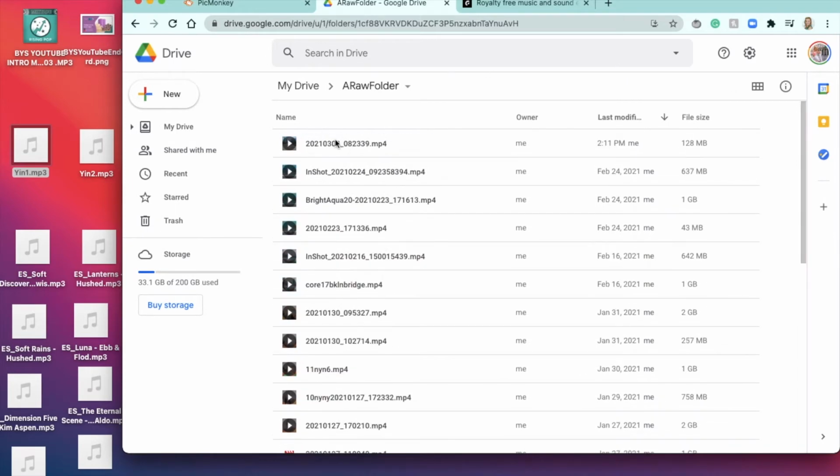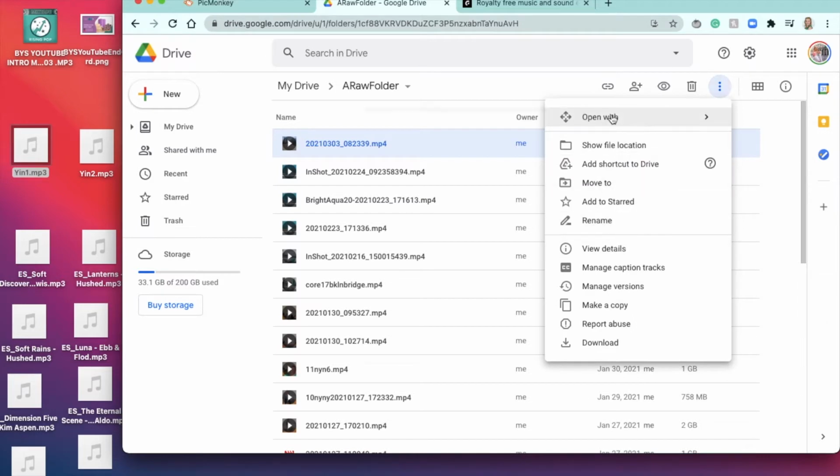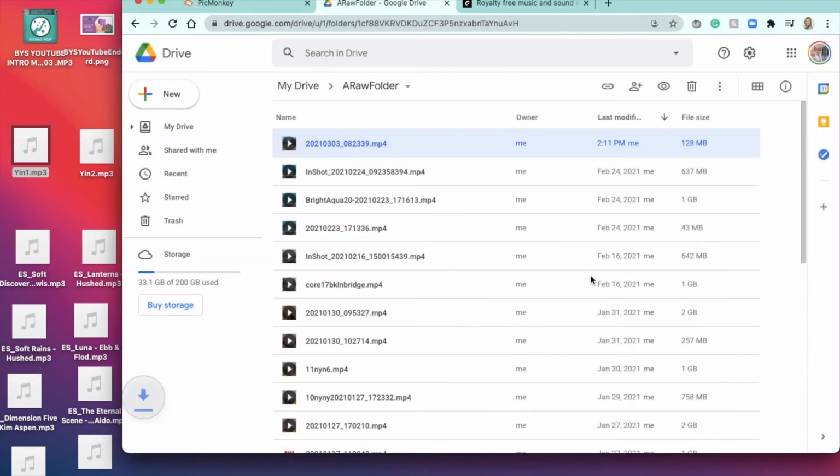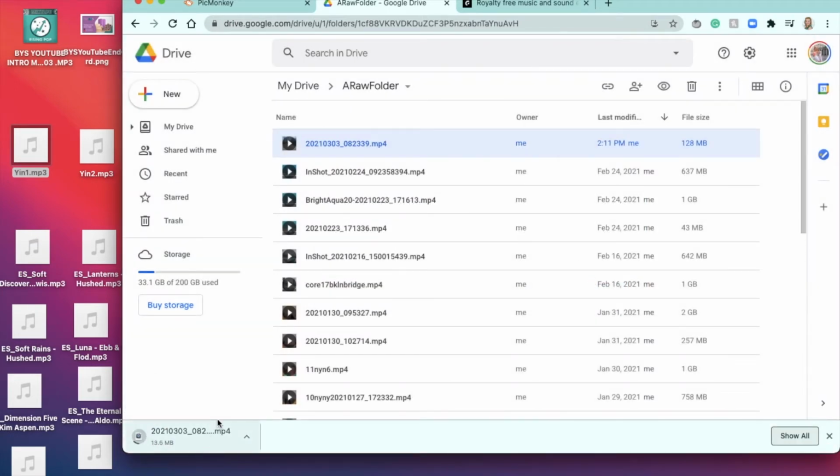So I upload this from either my phone, or sometimes I use a fancier camera, and I get it to upload on the Wi-Fi to my Google Drive. Then I just download it anyway. I know there's no viruses. I download this to my computer, and I've already done this actually with